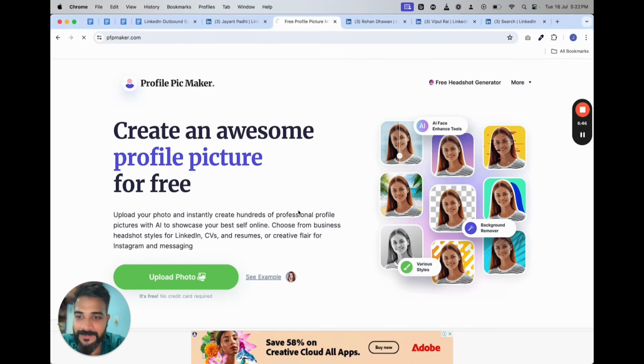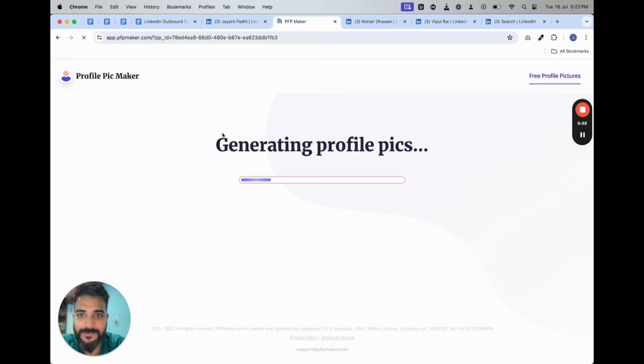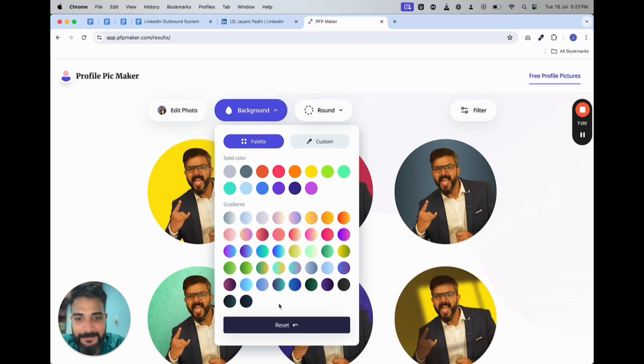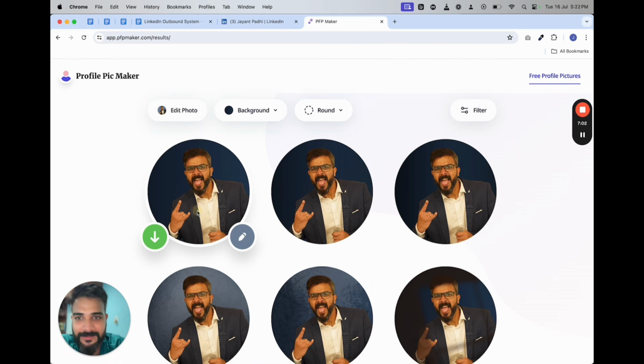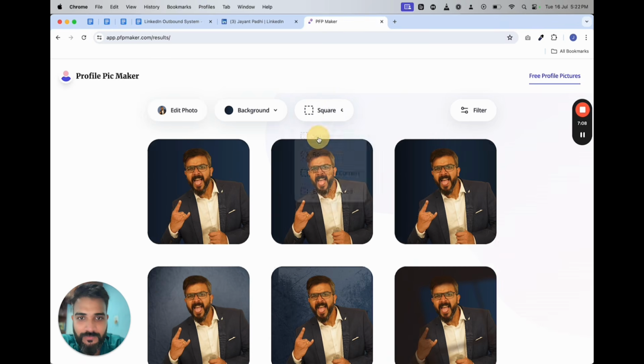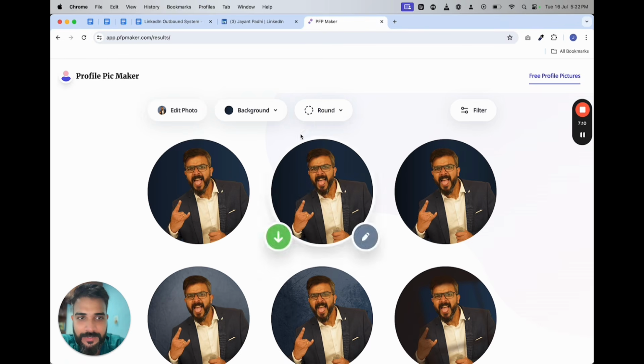Let's wait for this to get uploaded. I'll just remove these. All right, there we go. Pick the one that you like the most. You can make the background black as well. I think we can keep it round.